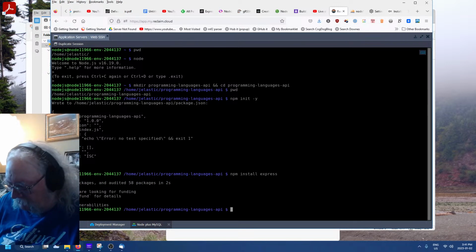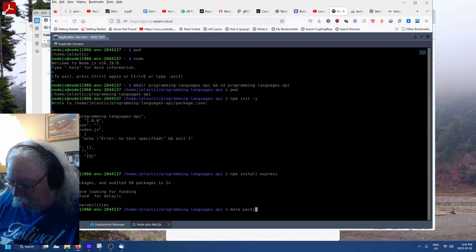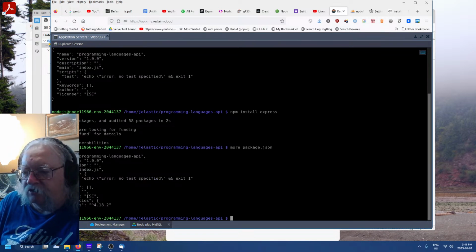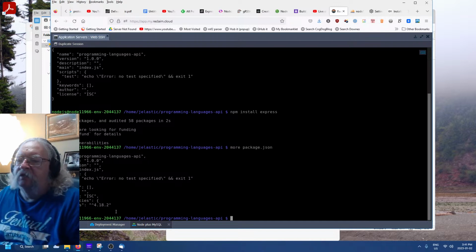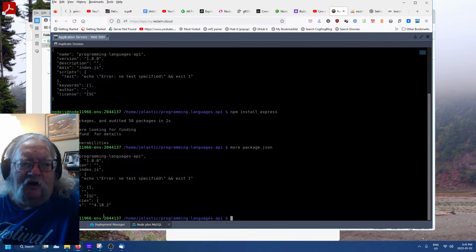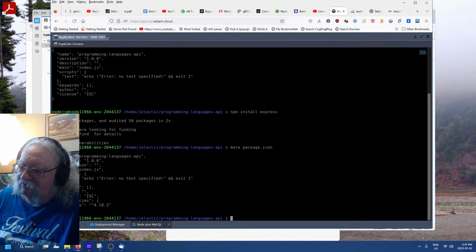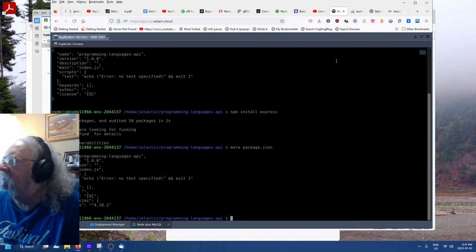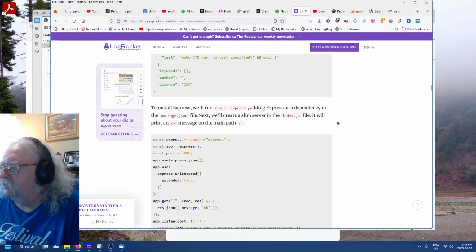All right. So now let's look at that package.json. And there's express in the dependencies. This can actually get pretty big over time. And this is where all the heartbreak of Node and Express, etc., comes into play, where these dependencies aren't perfectly meshed with each other. But that's a bridge we'll cross later. All right. So we've installed Express,